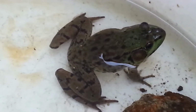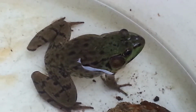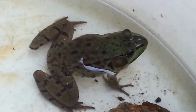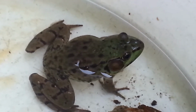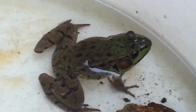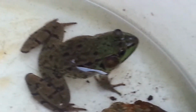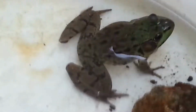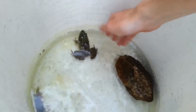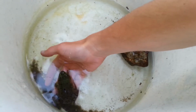skin. So this is why when you're catching a frog, it is really important to try to have a net, and if you don't have a net, to at least have some really wet hands, so you don't damage too much the skin and limit the amount of touching. And if you really want to pick up a frog, don't squeeze her in your hand. I'm going to demonstrate. So the proper way would be to simply just let her like climb your hand like that,